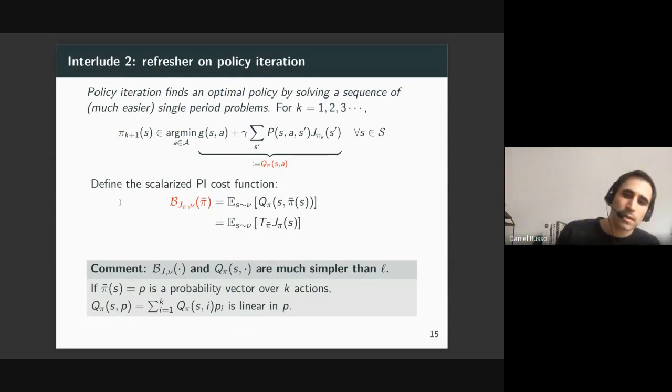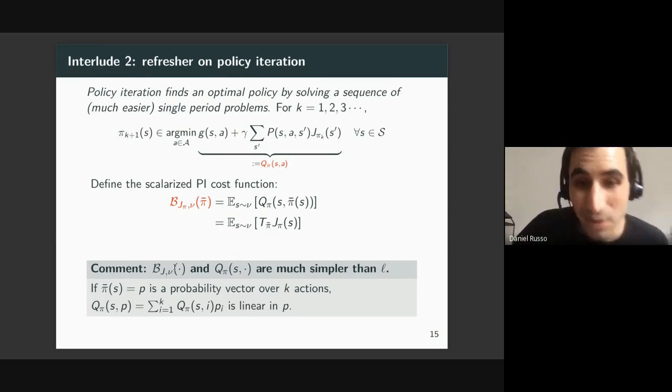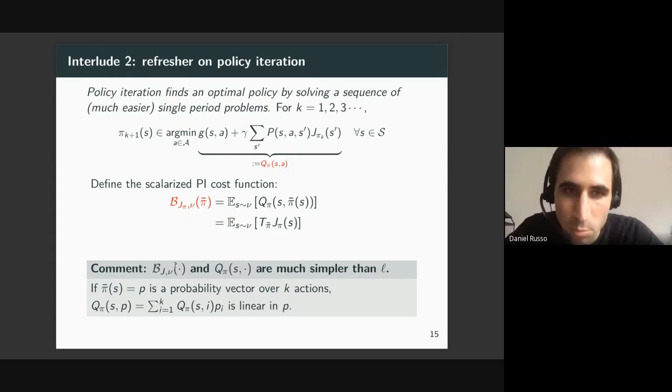Now, I want to just make this comment that this one period cost function associated with the Bellman update or with policy iteration is often much simpler than the multi-period loss function L. In particular, for finite state and action problems, where an action is just a vector encoding the probability that each deterministic action is chosen, the one period cost function is just linear. Okay, so it's certainly then convex and has no bad stationary points. It's L that's the problem.